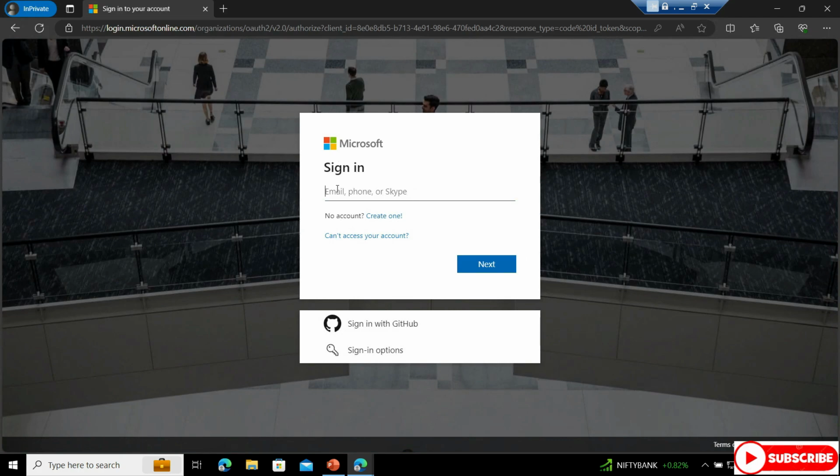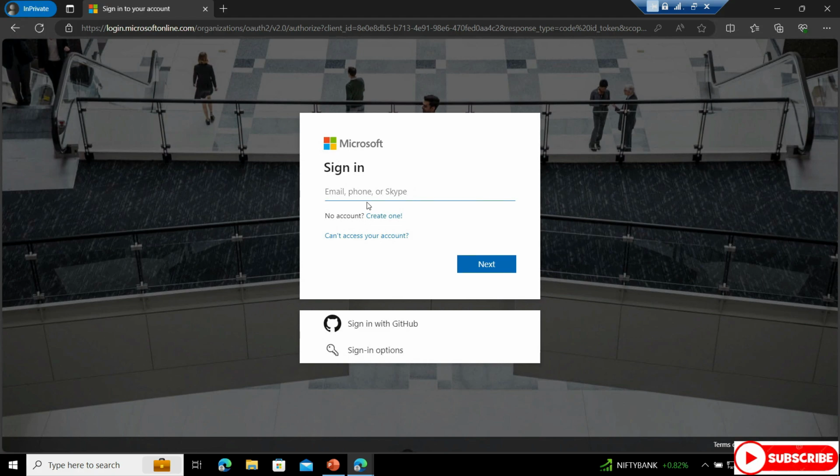Now here, if you don't have a Microsoft account, you need to create one. If you already have one, go ahead and put in that email account. It will ask you for some basic information like your name and address, and it will definitely ask you for a credit card that it needs in order to verify your identity. So you need to enter that as well.